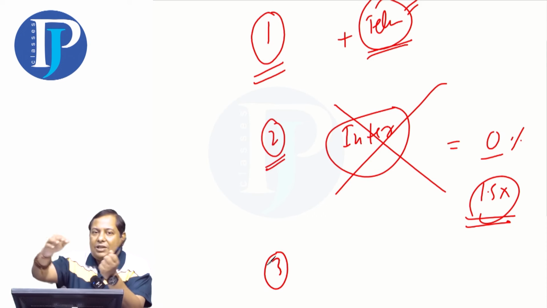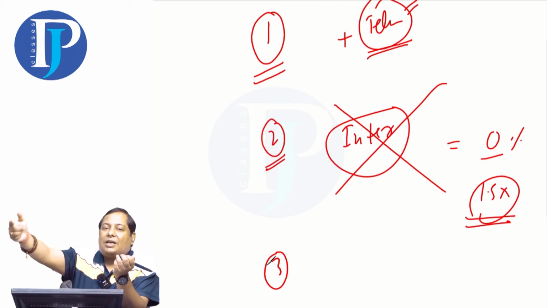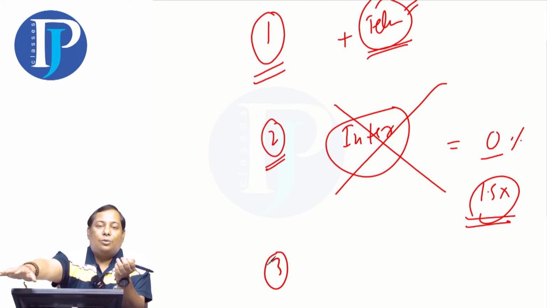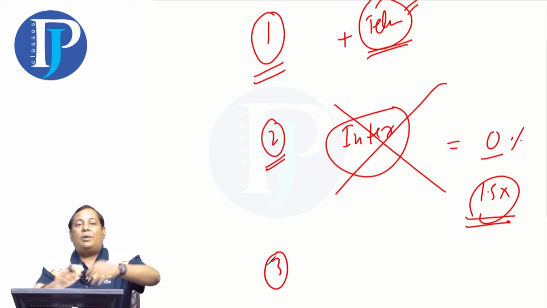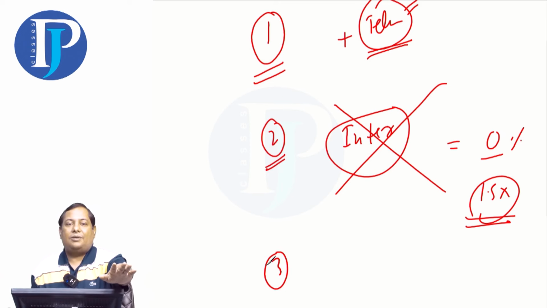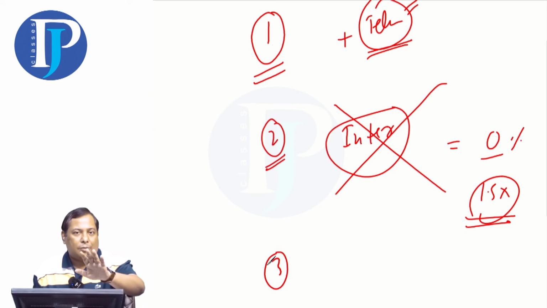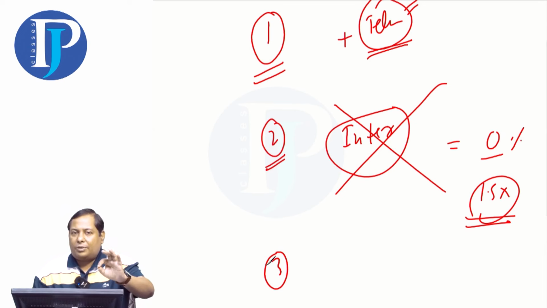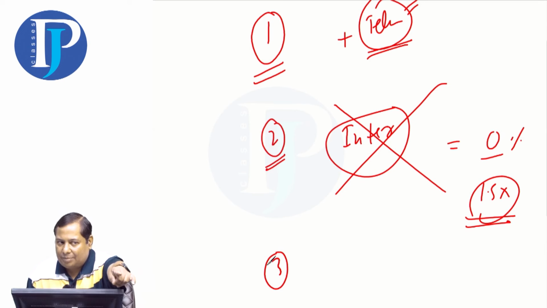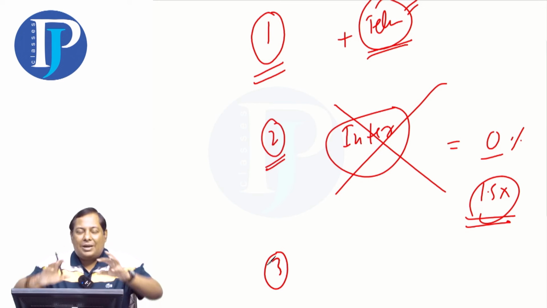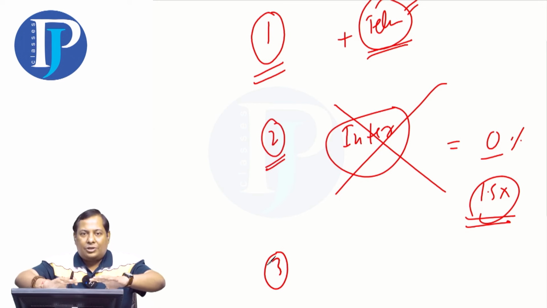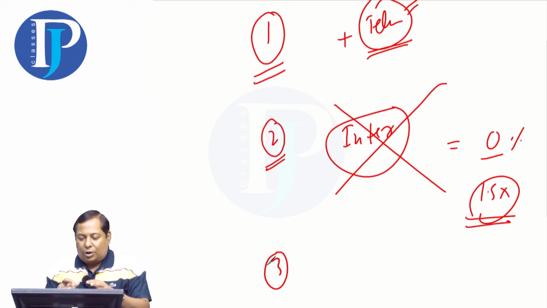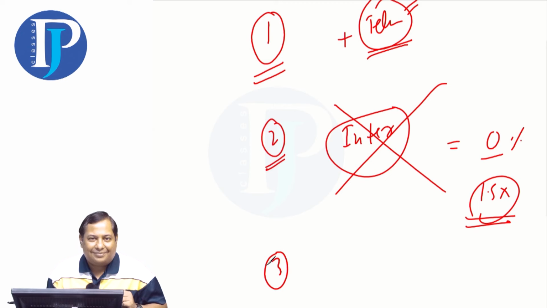Because of this, you don't need to ask any teacher on YouTube for an ABC analysis. Could you give me the ABC analysis of this subject? Why? Because the modules I created are based on the ABC analysis. As you keep studying, you will gradually realize what percentage of the paper's marks you have covered. If a student skips any chapter, they should know that they are skipping those marks. This time I created all your modules in the new scheme according to the marks. This time I've tried to make it a bit more productive.